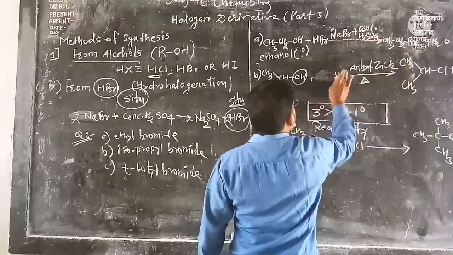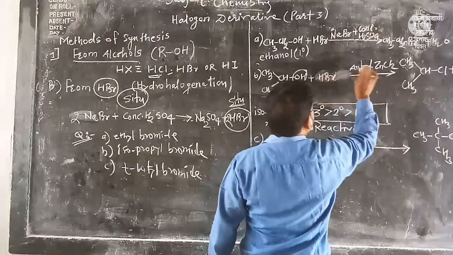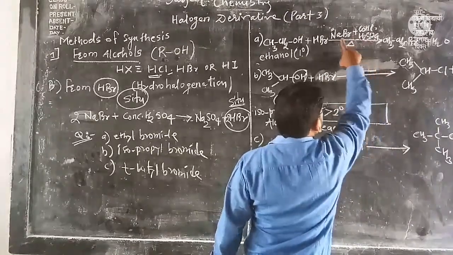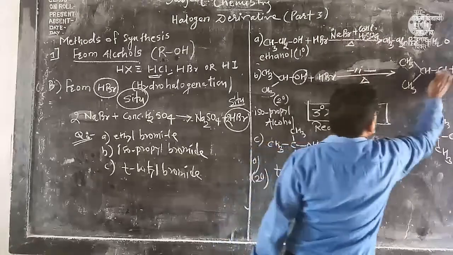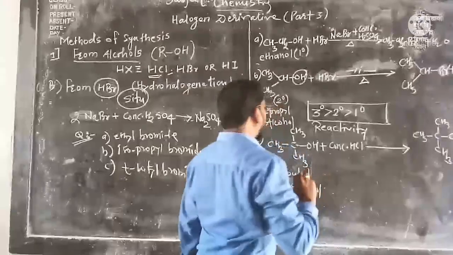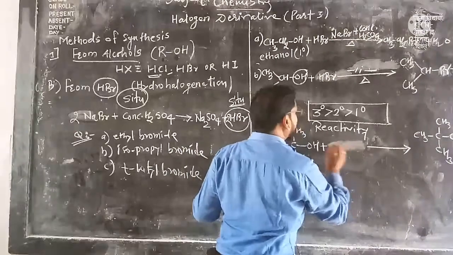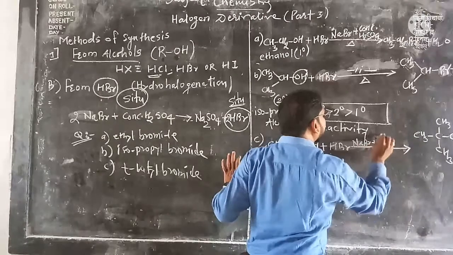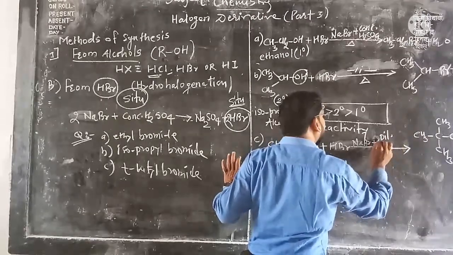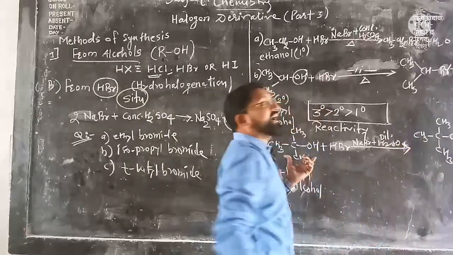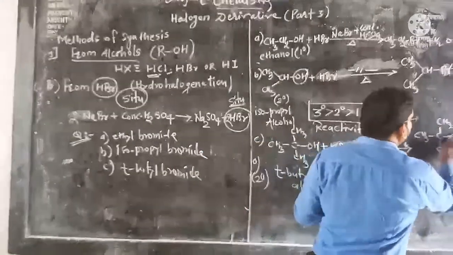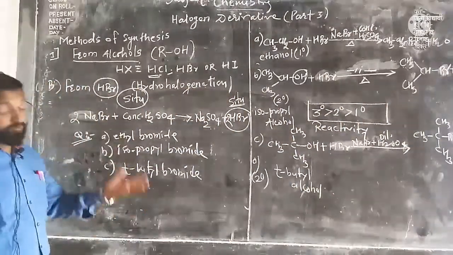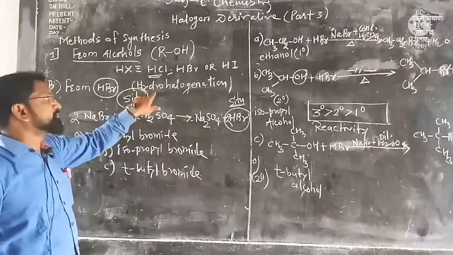Similar to that, HBr, again the same condition. What is the same condition? Here the same condition is there: NaBr, conc. H2SO4, heat. You will get the product. Simple reaction. Now in the next case, what happens? Everybody see here, HBr, but keep in mind, here it is sodium bromide along with dilute H2SO4. Why? Because this is highly reactive with the sulfuric acid, so you will get the product. Even we have solved this. So this is about the preparation of alkyl bromide, also known as hydrobromination.